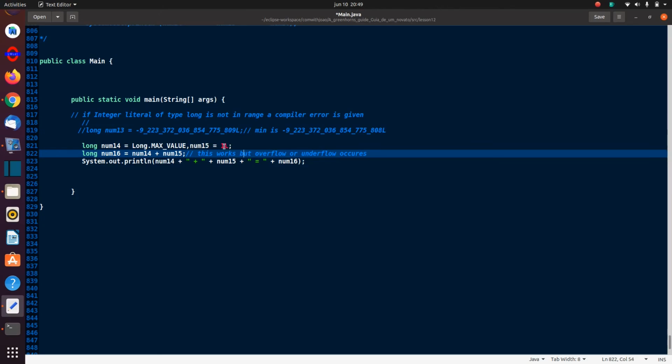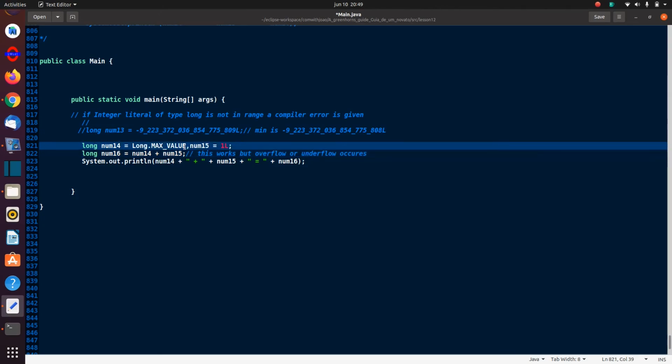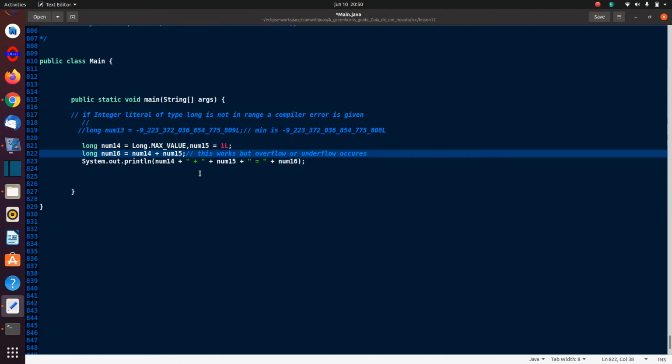These two are within the range, the long max value and the long of 1. Now I'm adding the two longs together, and the result is a long. But what will happen, because this one is already a max and I'm adding 1 to the max? Let's just save that. And I don't have to cast it because they're both longs. Okay, so let's see